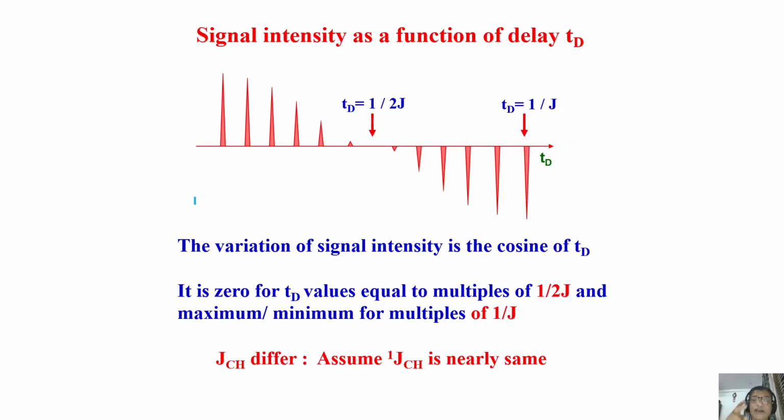So what we will do is we will come back and understand what happened to the CH2 vector and CH3 vectors. Then we will know how we can utilize this to identify and edit different carbons depending upon the number of protons attached to them. We'll come back and continue tomorrow.